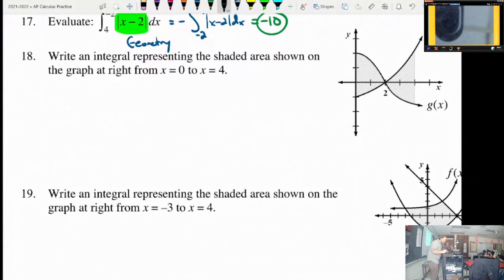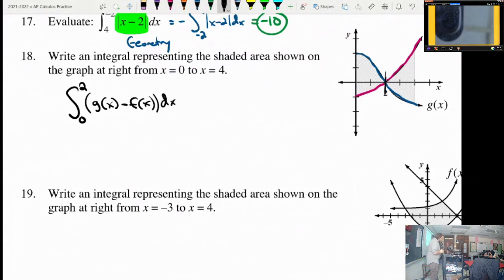So in this case, we're going to have to split it up into 2 integrals, since g of x is on the top for the left chunk and on the bottom for the right chunk, and the reverse is true for the next part: f of x on the bottom, f of x on the top. So we'll do 2 separate integrals. The first one will run from 0 to 2. And in that realm, from 0 to 2, it appears that g of x is on top, g of x minus f of x